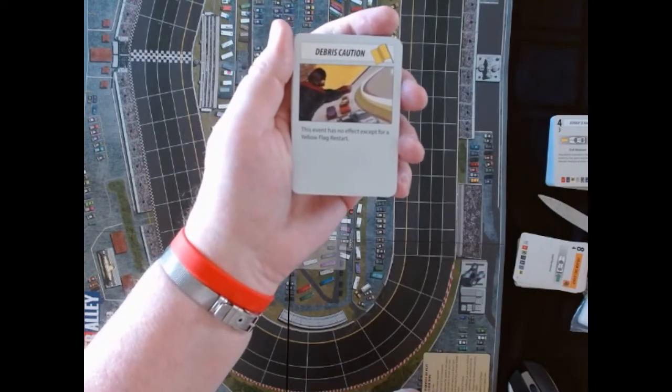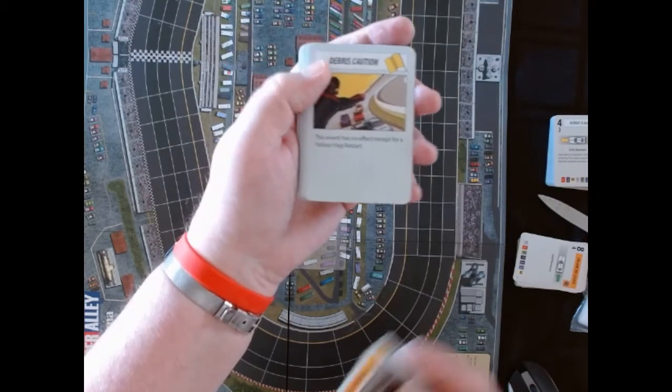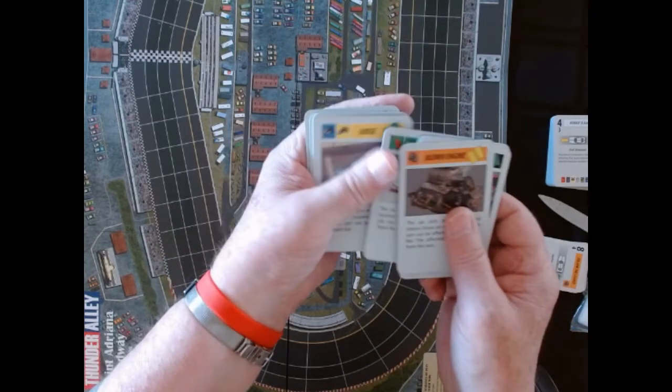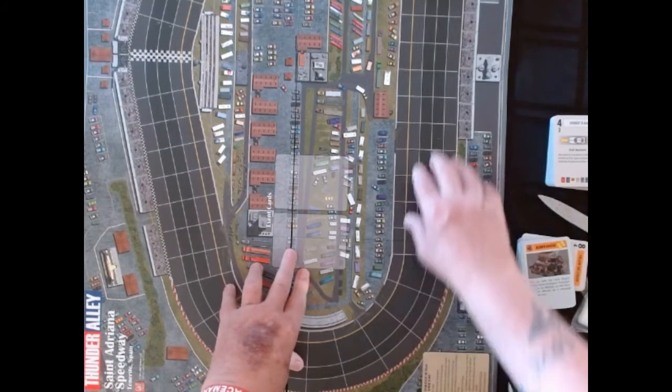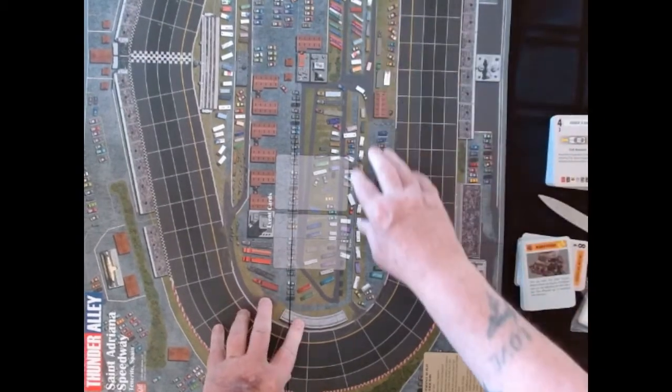Then we've got a yellow flag for debris. Fuel miscalculations. It's going to be fun. It's going to be fun. Of course, you know it has none of the NASCAR symbols on it because I'm sure the rights would probably be pretty expensive. But anyway,